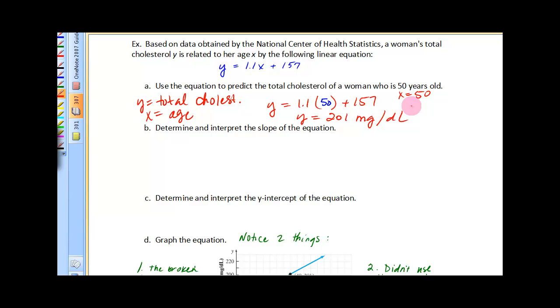Okay, so this equation and the fact that we know what y and x are is going to help us determine and interpret the slope of the equation. Okay, remember that slope